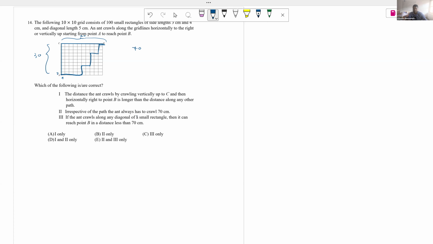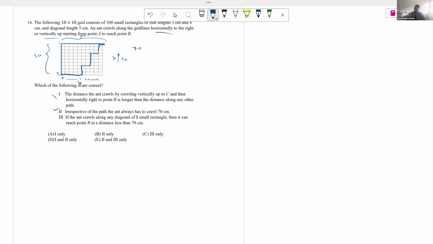No matter how the ant goes, if you look at from this direction, it has gone 30 vertically. And if you look at from this direction, it has gone 40 horizontally. So no matter how it goes, as long as it doesn't go through the diagonals, it will always be 70 centimeters. So it says horizontally to the right or vertically up. That's the only way the ant can move. The distance the ant crawls by crawling vertically up to C and then horizontally is longer than the distance,